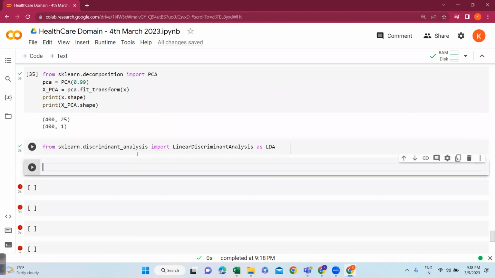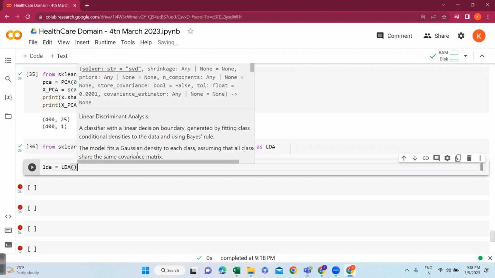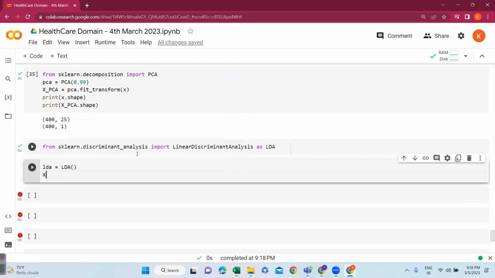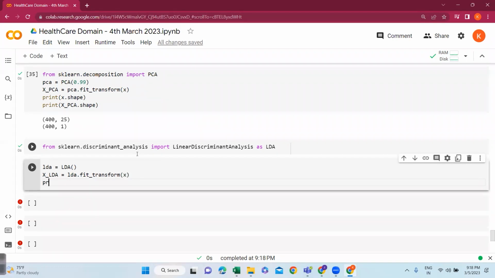Execute this, and now I'm seeing LDA equal to LDA. Okay, and then you can say X_LDA equal to LDA.fit_transform, and here I'm passing X. Now you can say print X.shape